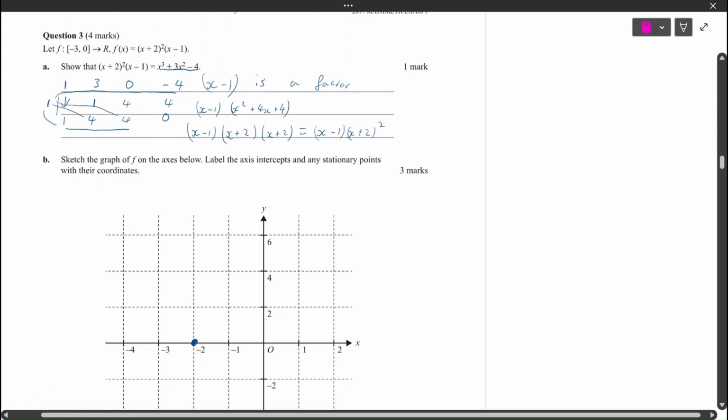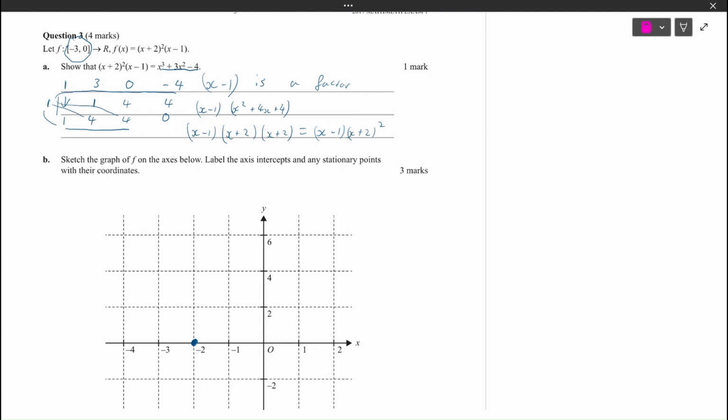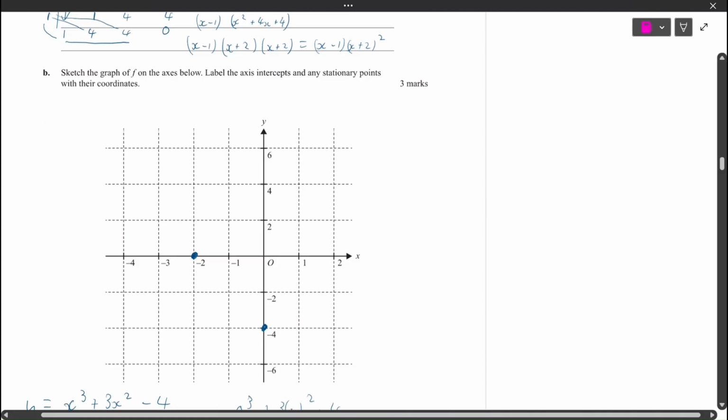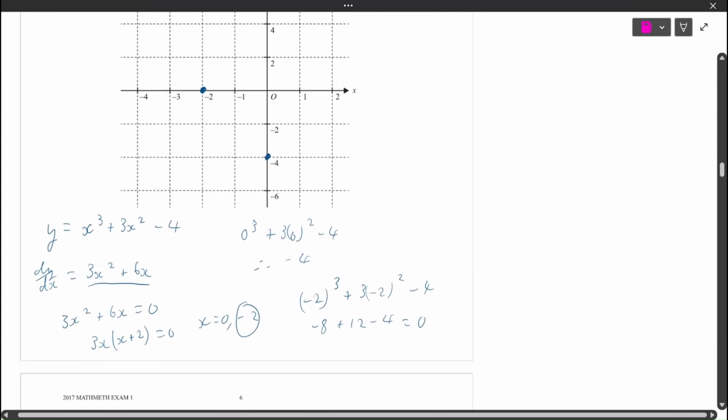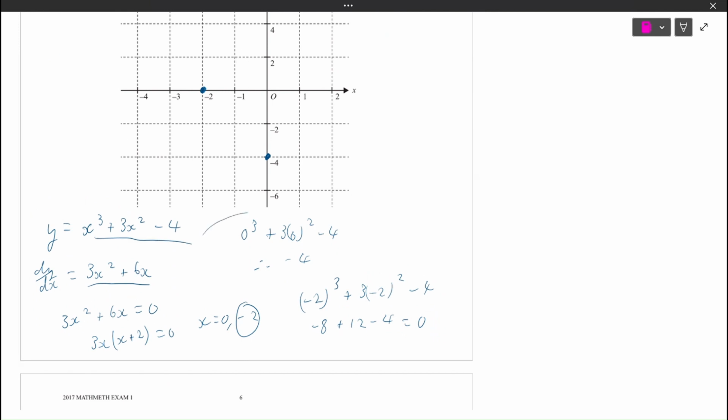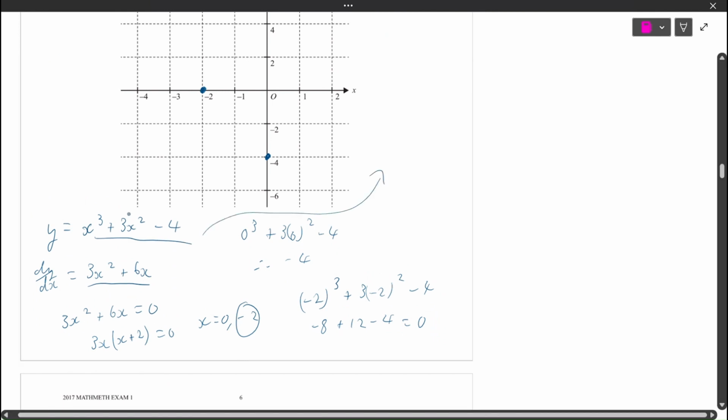And then the next part is we recognize our domain is from negative 3 to 0. So we have to sub negative 3 into this expression, which I'll do over here. So negative 3 to the power of 3 plus 3 times negative 3 squared minus 4. So this equals negative 27. This equals 27, and that's negative 4 equals negative 4. So therefore we have